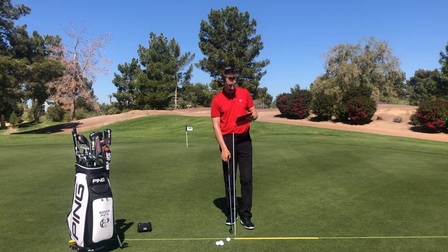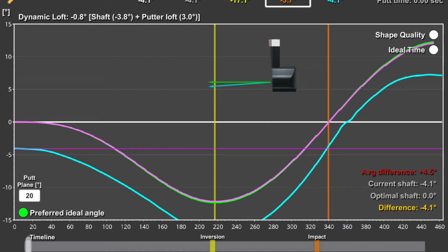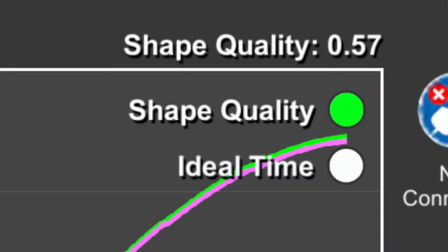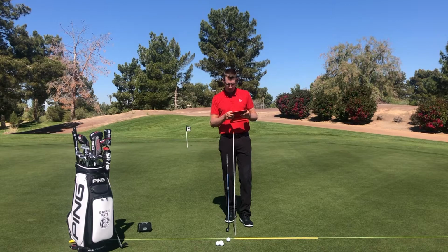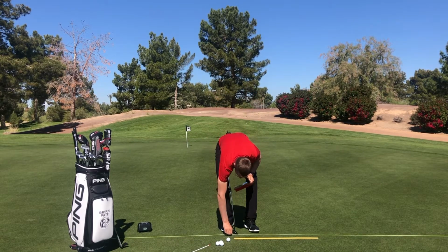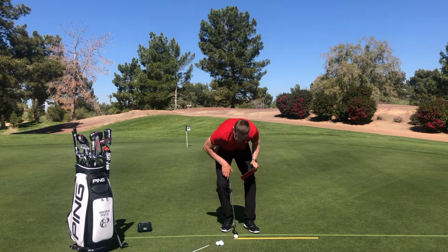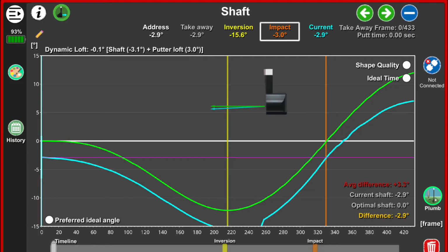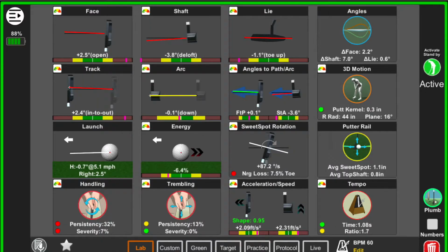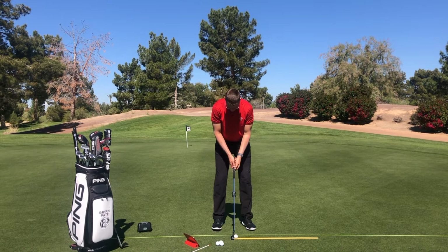If we have a preferred angle or a plane that we're swinging on, again, we can put that in there, and that's going to give us a purple line of what your ideal wants to be for that student. We can have a shape quality, how smooth our putter was relative to the ideal line. So let's go ahead and remove this and hit a putt here. If you have the unit turned on, you can play around with some different options based on what style of stroke you like to see. Do you like to see something that starts more neutral? Do you like to have a little bit of forward lean into it? Just roll some putts and see